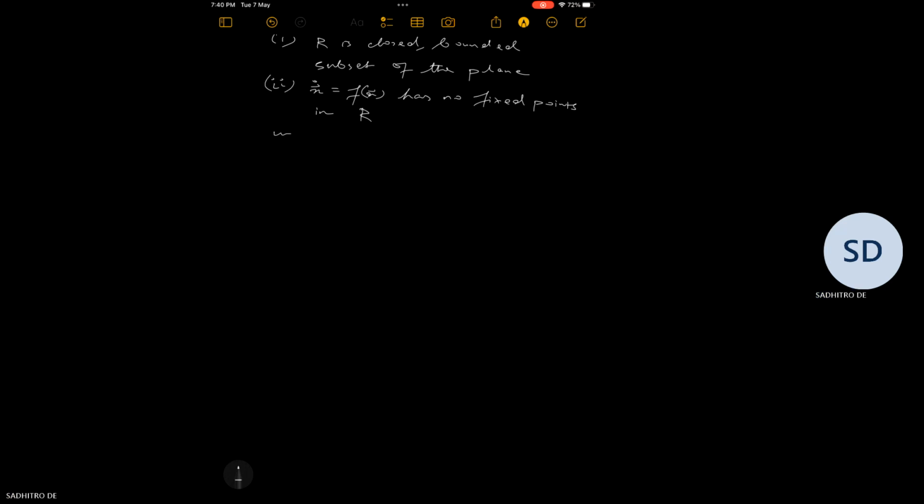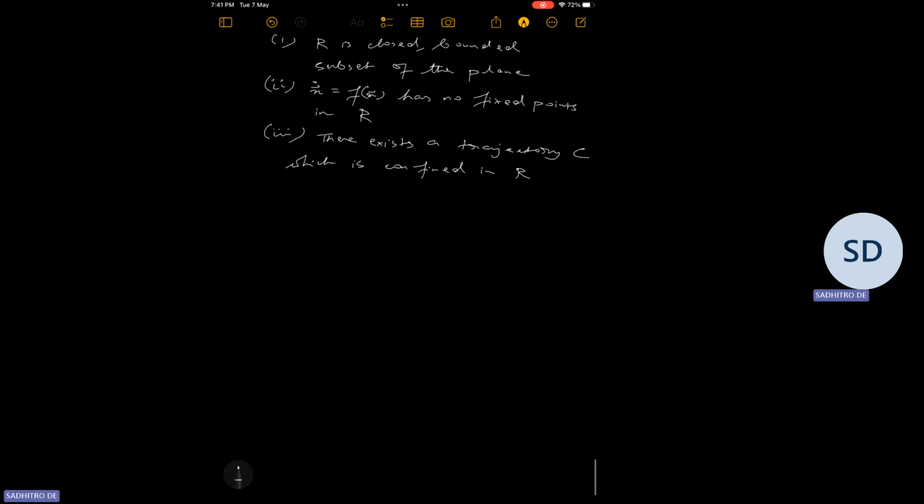Number three, there exists a trajectory C which is confined in R. That means is confined in R means that it starts in R at t equal to 0 and stays in R till time equal to infinity. So if these three conditions are satisfied,